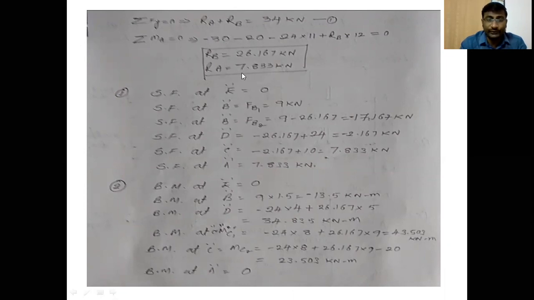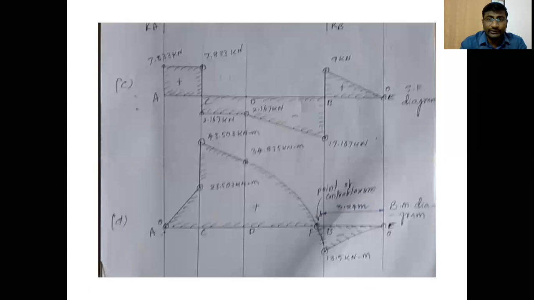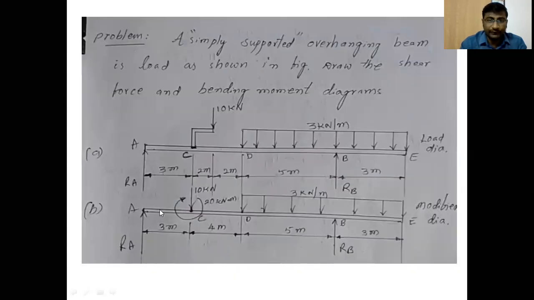After getting the reaction forces, we have to write the shear force values at different points. One by one, I will tell what is the shear force at point E. From the right hand side onwards, we have to write the shear force values. So what is the shear force at E? There is no load or force acting on the right side of E because there is no beam at all on the right side of E. Therefore, shear force at point E is 0. Clear, students? Shear force at point E is 0. So what is the shear force at point B?